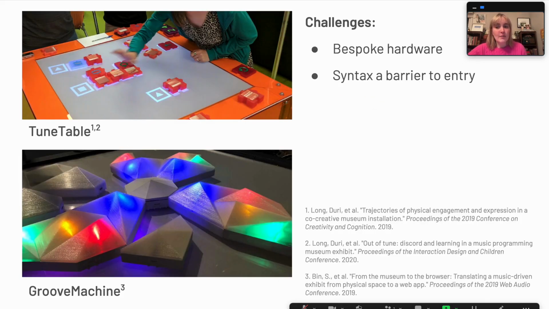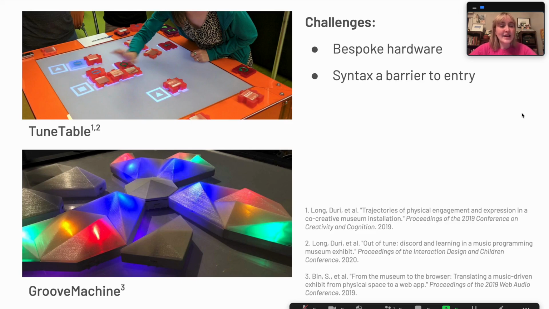Briefly, I wanted to talk about two sort of previous iterations of this work. So we've built several different versions of a sort of tangible tabletop exhibit to engage learners in computational remixing in museums. As you can see in these pictures, these two previous versions of the exhibits use sort of block-based programming languages. The first one was a little bit more concrete. The second was a little bit more abstract, but they both used kind of block-based programming languages that were made tangible. There were a number of successful aspects of both of these exhibits, and I refer you to the papers about them to learn more.